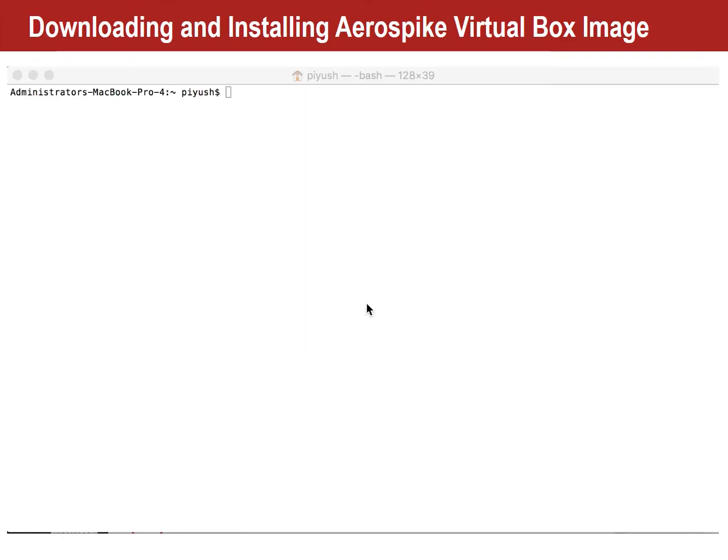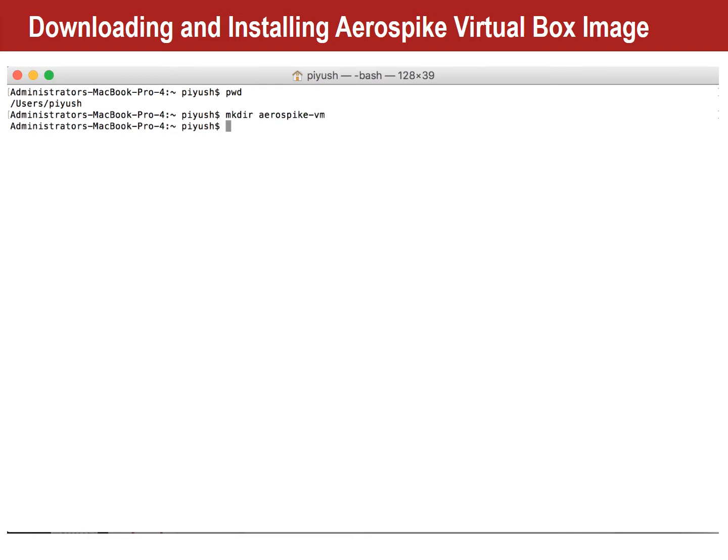So here I am in my terminal window, and the first thing I will do in my home directory is make the aerospike-vm subdirectory, change to it, and then go ahead and do a vagrant init